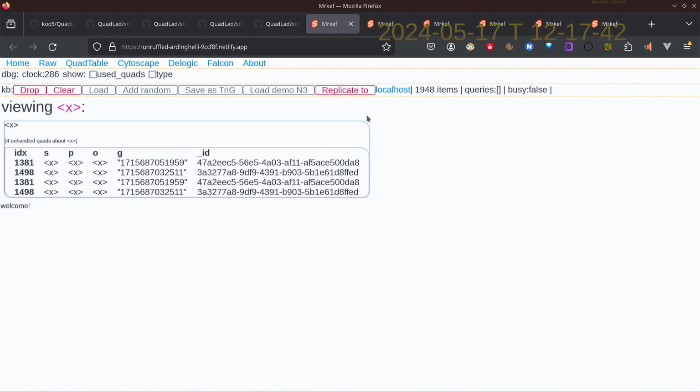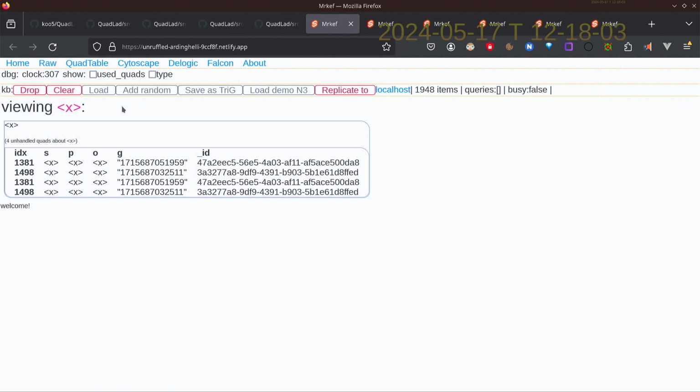And the data model really matches that view,